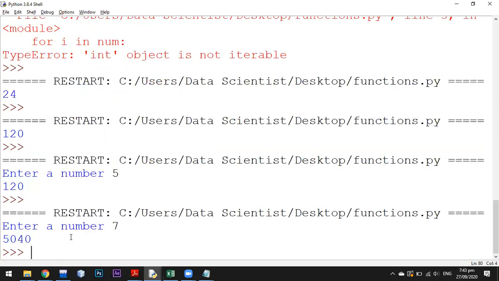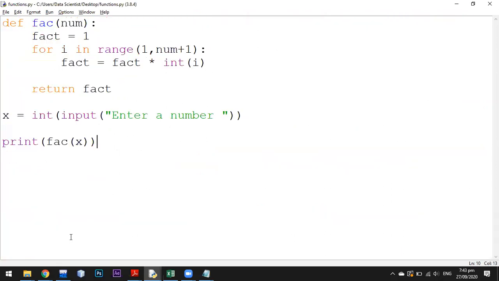Okay, and in that way we use that. Now we can use this for another purpose. I want to calculate this series like 1 divided by factorial of 1, plus 2 divided by factorial of 2, plus 3 divided by factorial of 3, and it will continue up to the n value.